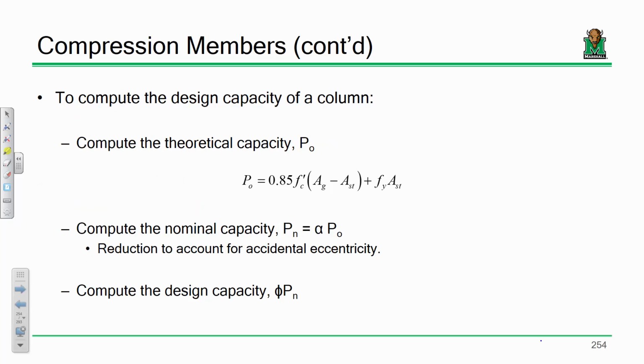Now, how do you determine the capacity of a column? It's really simple. We compute the theoretical capacity, which is 0.85 f'c times the area of the concrete, plus Fy times the area of the steel. Now, why does this equation look the way it does? Well, if I have some column